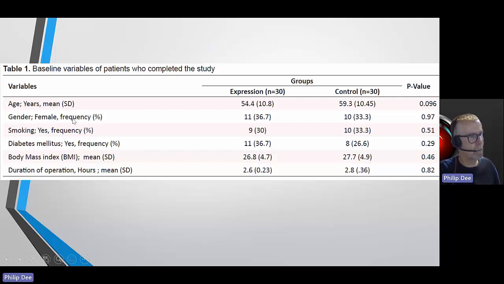Similar with gender, smoking, etc. They tell us what the measure is, frequency, and then what the thing is in brackets. So in this case, it's the percentage. So far, so good. One thing which won't be familiar to very many of you is this very last column, something they're calling the p-value. And again, I feel the p-value, rather like the confidence interval, is maybe one of those slightly less familiar concepts,